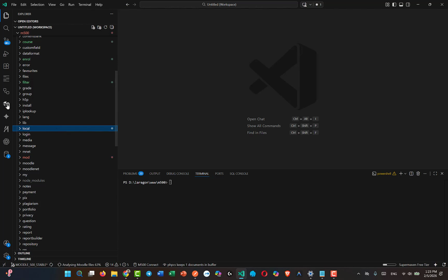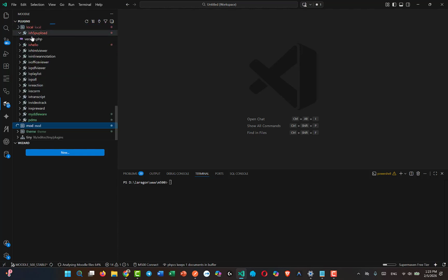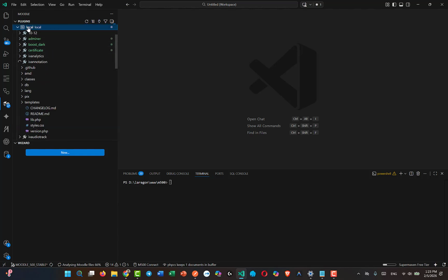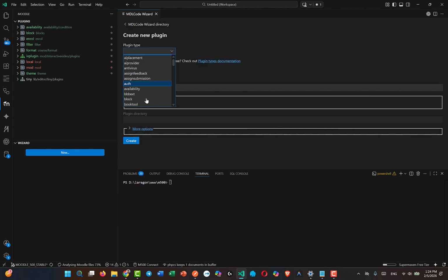I'm using this Moodle extension on VS Code to create a new plugin. You can install it. It's free. It has a paid plan, but the free plan is really good. So click here and then new plugin. You choose local. I'm gonna call it